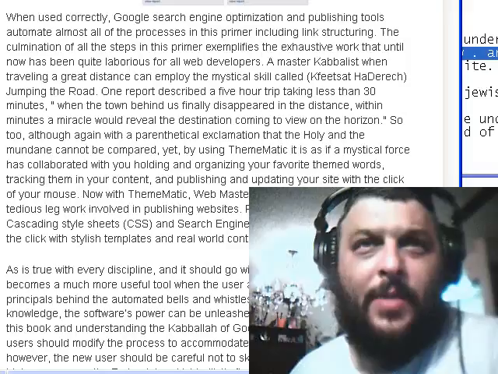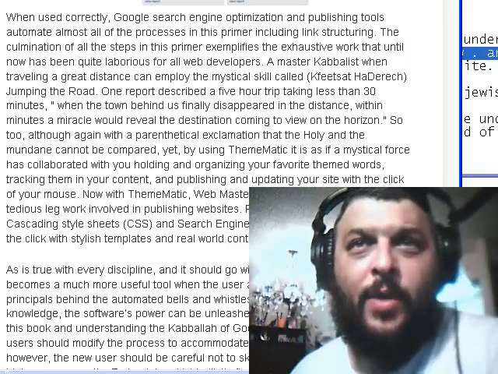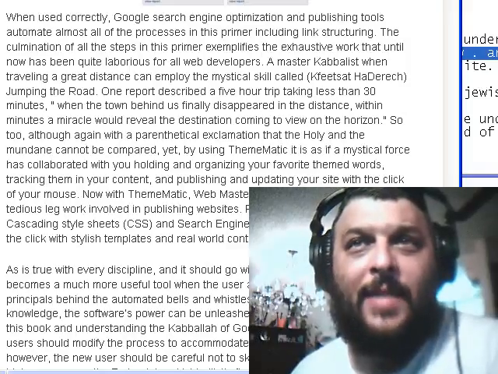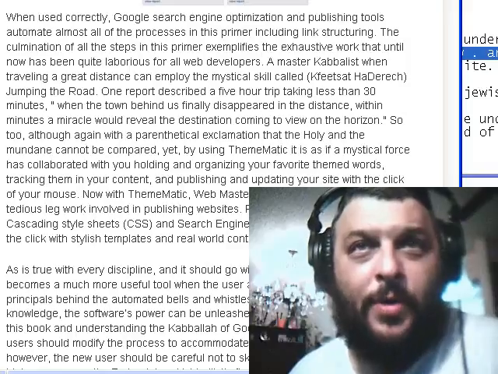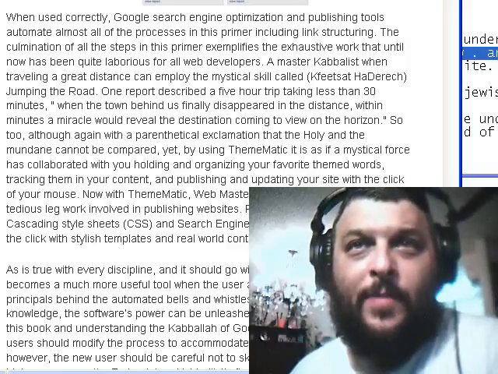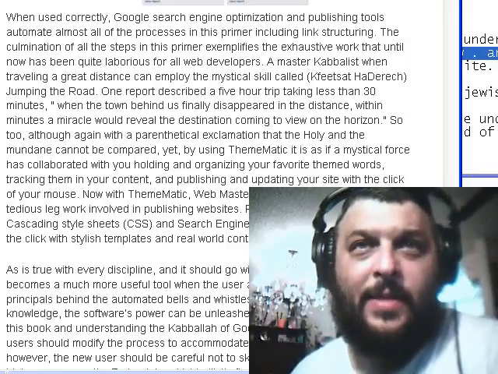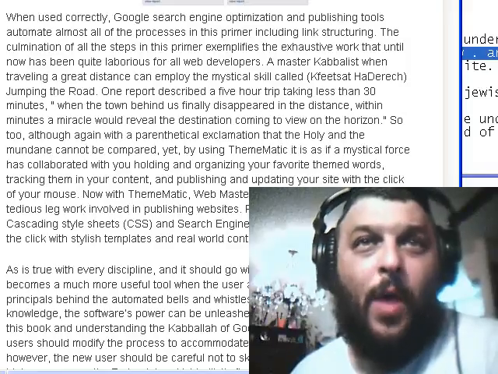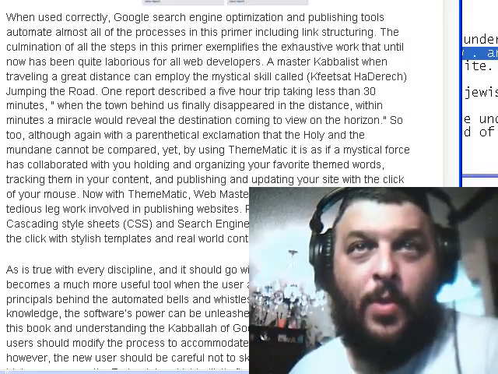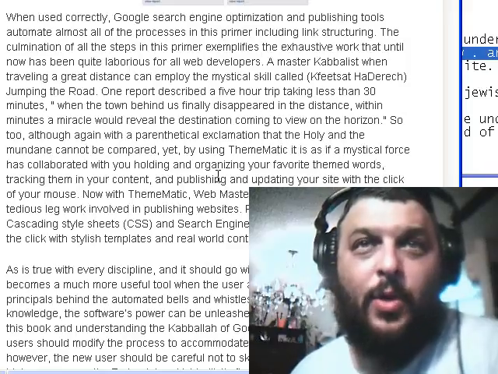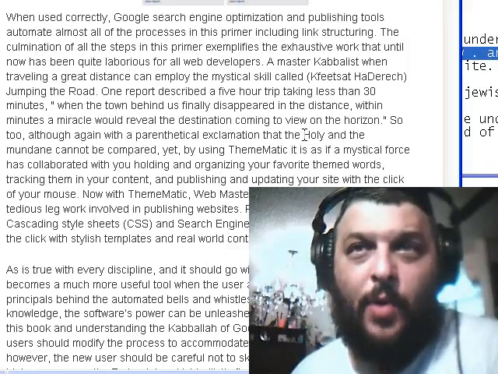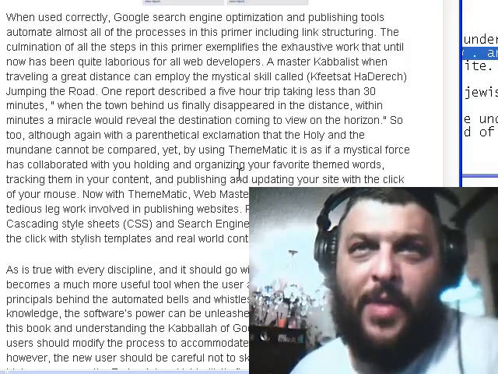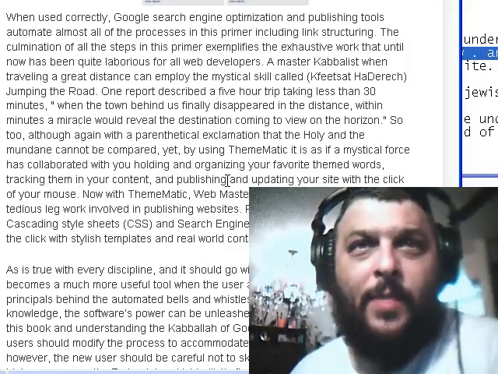A master Kabbalist, when traveling a great distance, can employ the mystical skill called kfitzat haderech, jumping the road. One report described a 5-hour trip taking less than 30 minutes by a well-known tzaddik. When the town behind us finally disappeared in the distance, within minutes a miracle would reveal the destination coming to view on the horizon. So too, although again with a parenthetical exclamation, that the holy and the mundane cannot be